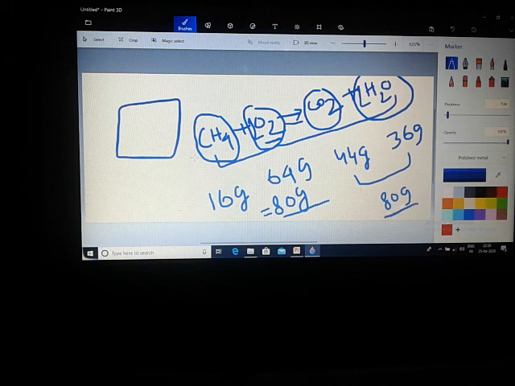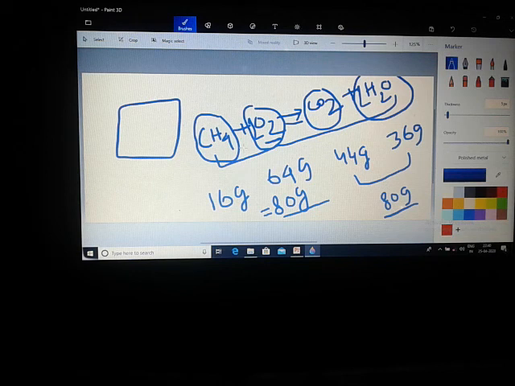So whenever you do this experiment, always perform it in a closed container, otherwise your result will not be accurate. Okay, so this is all about the law of conservation of mass. That means the total mass of the reactants is equal to the total mass of the products. Whenever we start the reaction, we know the total mass, and after the reaction we get the products, and at that time we calculate the mass of those products.